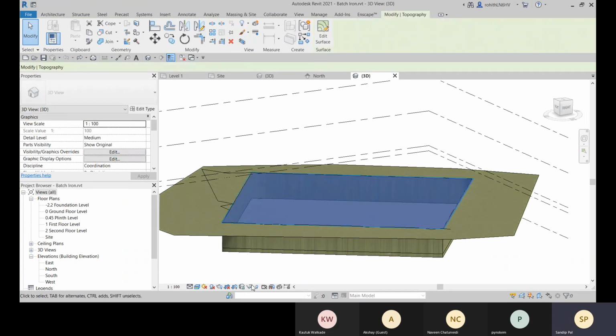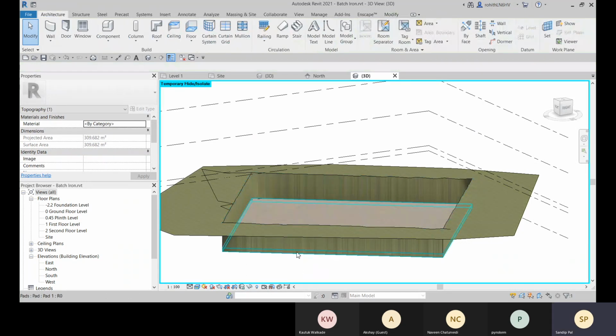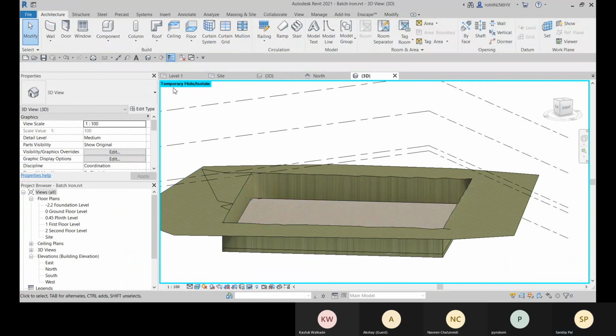So you can hide it also. Go for hide element. When you temporarily hide, you can see the blue highlighted border, and here it is mentioned Temporary Hide or Isolate. So you can easily understand that something is hidden in this view. That is temporarily hidden, and after that you need to bring it back.